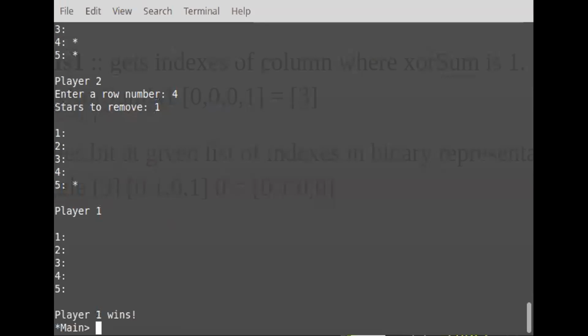You convert the number of stars into binary, and then you check the XOR sum of all the stars, and